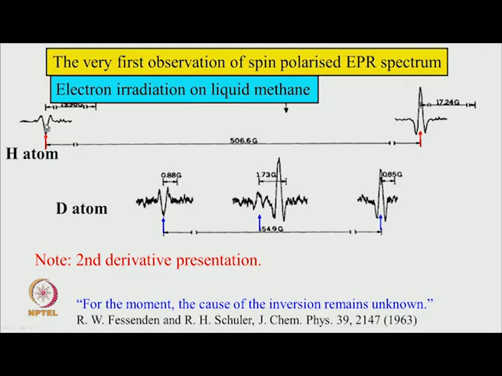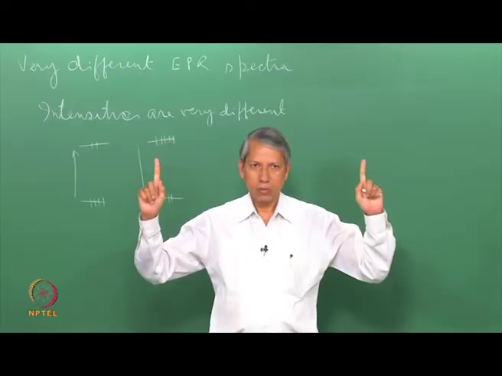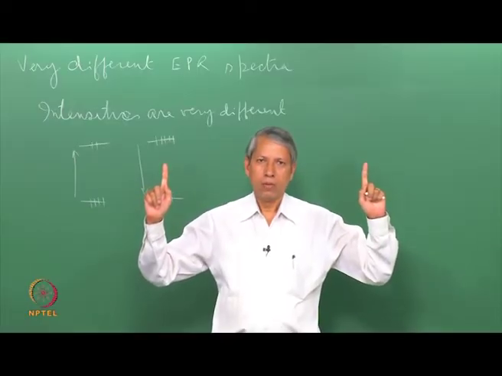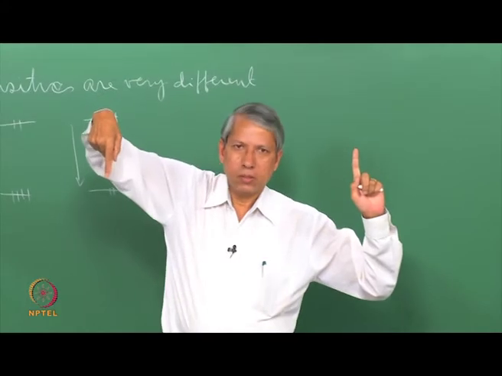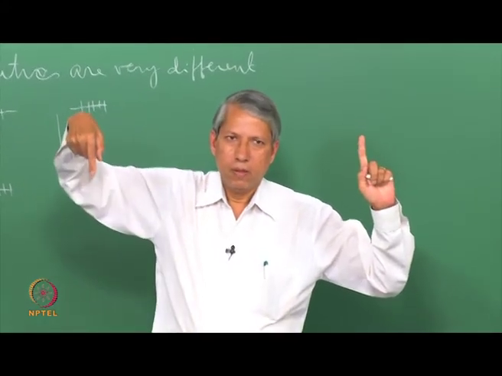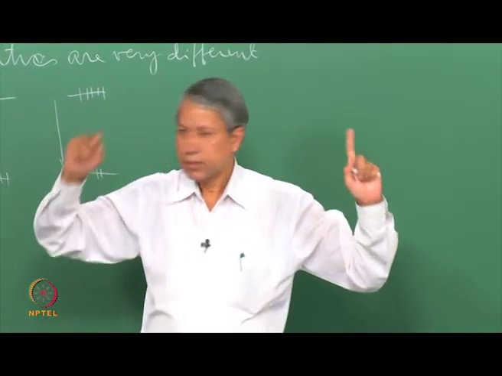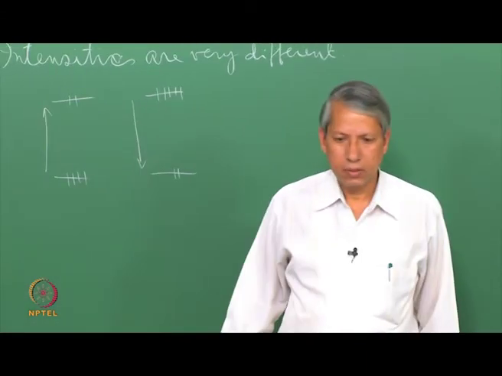Please note that these are not the first derivative EPR signal, they are second derivative EPR signal. So, when it is going down here, the high field line going up has exactly opposite phase. Normally the hydrogen atom should give two lines at a distance of, let us say, 509 Gauss or so. So, here the intensity is this kind. That means the population is exactly opposite for this pair of transitions.